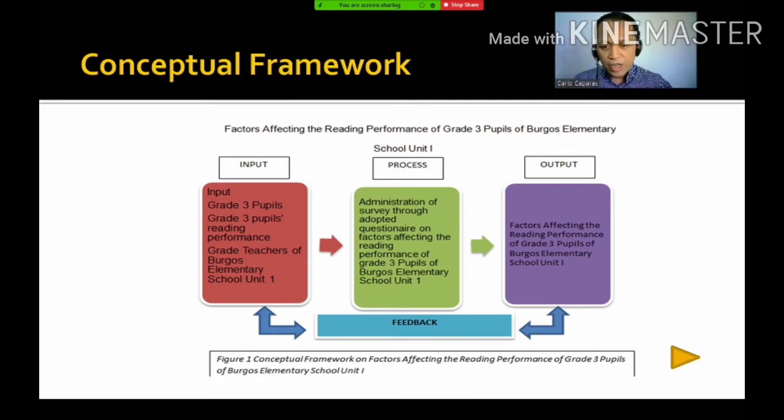After which, we will have an evaluation or feedback. Then the output of the feedback will be injected again to the input to make the process better and to have a better output. So it's a cycle. Again, this is figure 1, conceptual framework on factors affecting the reading performance of grade 3 pupils of Burgos Elementary School Unit 1.